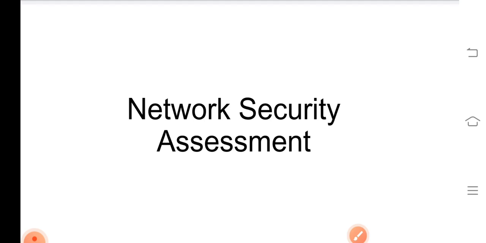Okay, let's start. First is network security assessment. Network security assessment is an effective method to protect the system from external attacks. Vulnerabilities present in routers, firewalls, DNS, web and database servers and other systems become a doorway for attackers to perform attacks. Network assessment helps in reducing the risk related to the network.